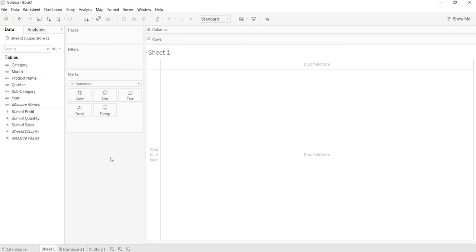As mentioned previously during the sessions, this is the marks card within the Tableau interface. Why is it important to learn about marks? Because the way data is presented on this worksheet is controlled using the type of marks. If I click on this drop down here, I'll see there are different types of marks which can be leveraged to create different ways of presenting data. You can also control the appearance of the marks on the worksheet using these buttons. You can call these properties. So you can change the color of the marks using this color property.